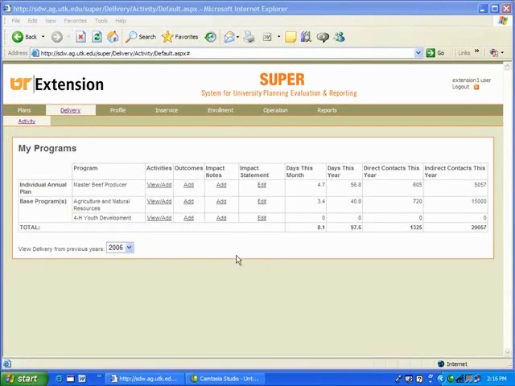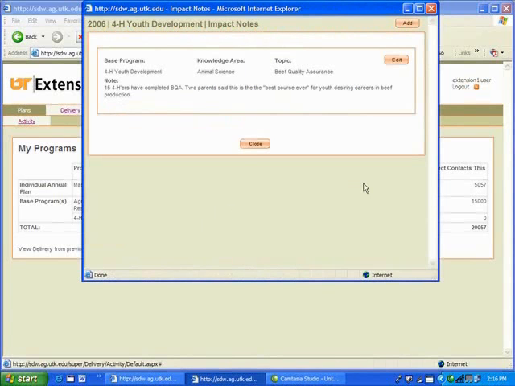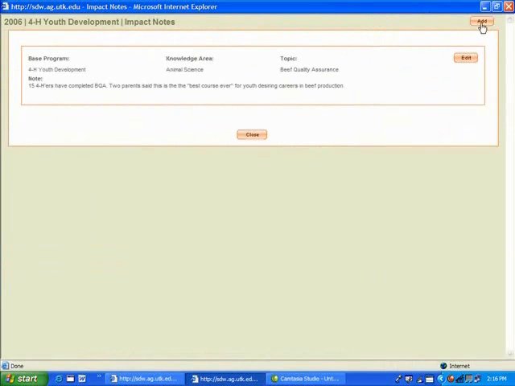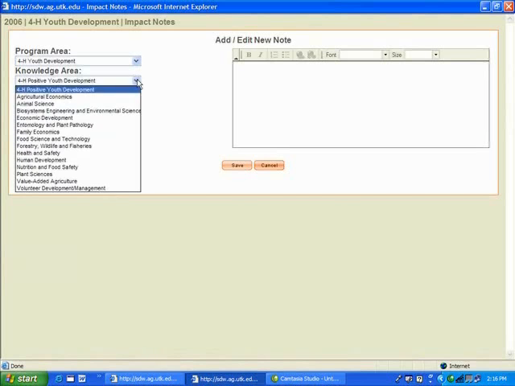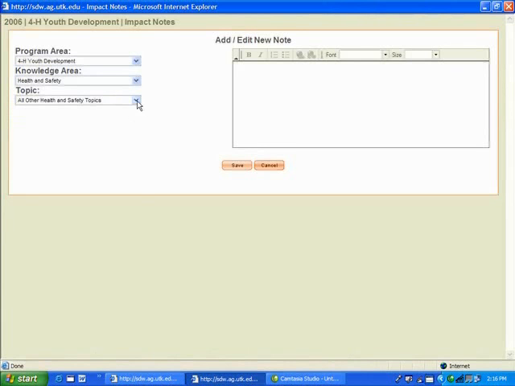Let's investigate an example for 4-H. I'll click Add beside 4-H Youth Development under Impact Notes. Notice I had already added an impact note. Now I will show how to add an additional note. I'll click the orange Add button. Super displays the Add, Edit, New Note box. I indicate the program area, 4-H Youth Development, the knowledge area, the topic,